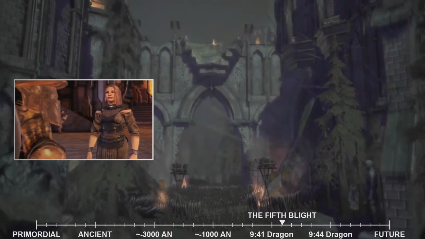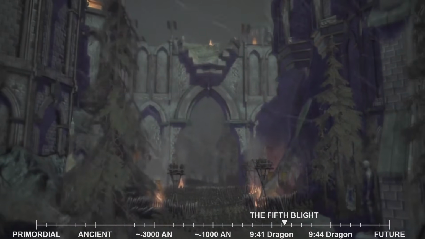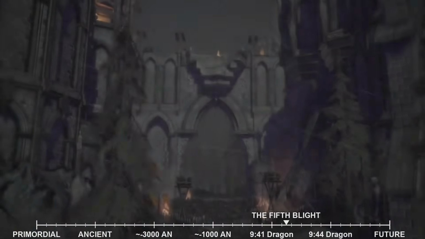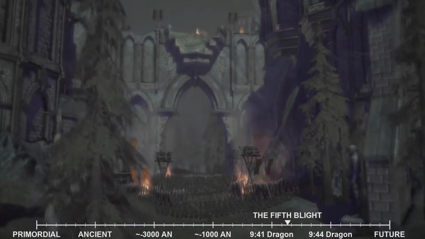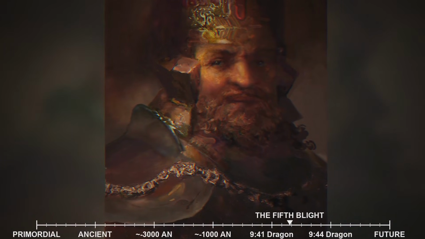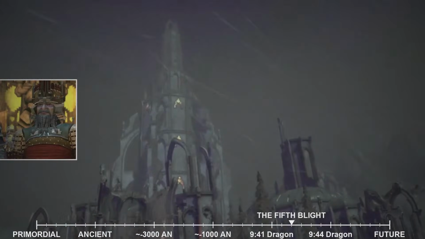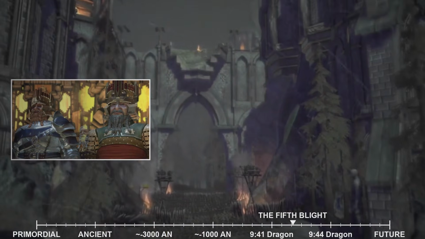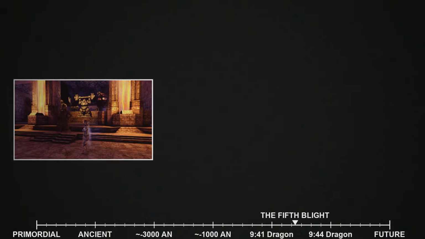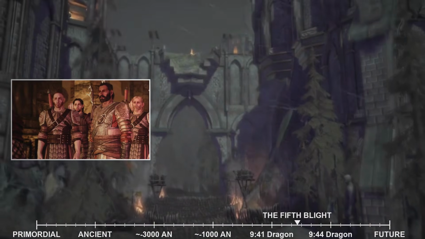Navigating Orzammar's intricate web of political intrigue proved to be as dangerous as fighting the Darkspawn. The Warden was forced to delve into the city's underbelly, uncovering plots, betrayals, and long-held grievances. They undertook quests for both Bhelen and Harrowmont, witnessing firsthand the stark differences in their ideologies. Bhelen, though ruthless in his ambition, championed progressive reforms that would challenge the rigid caste system and open up trade with the surface world. Harrowmont, while honorable, clung to ancient traditions, fearing that change would erode the very essence of dwarven identity. The Warden's decisions had far-reaching consequences, influencing the lives of countless dwarves, from the noble houses to the casteless, the lowest rung of dwarven society.